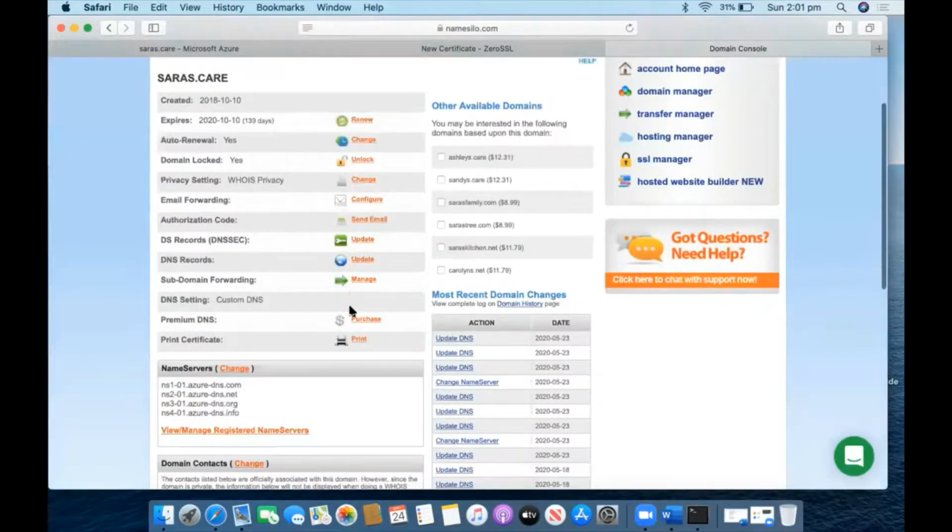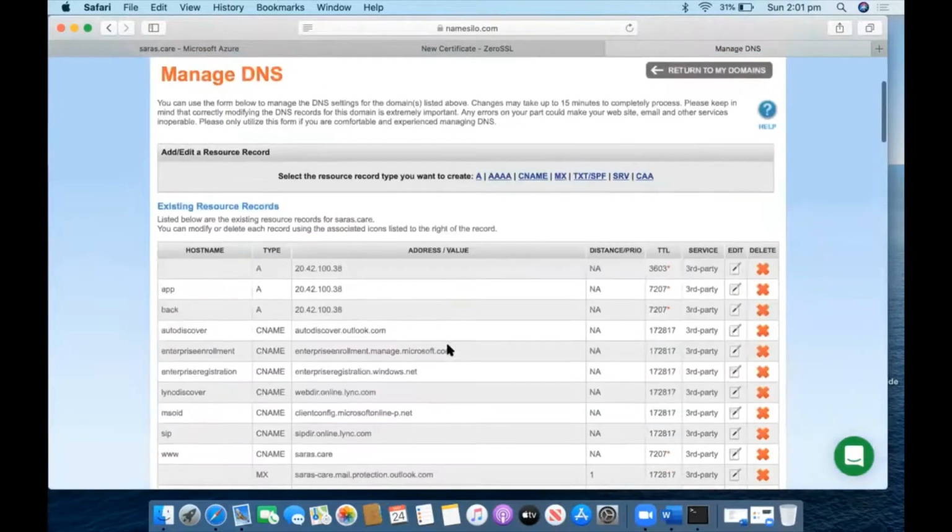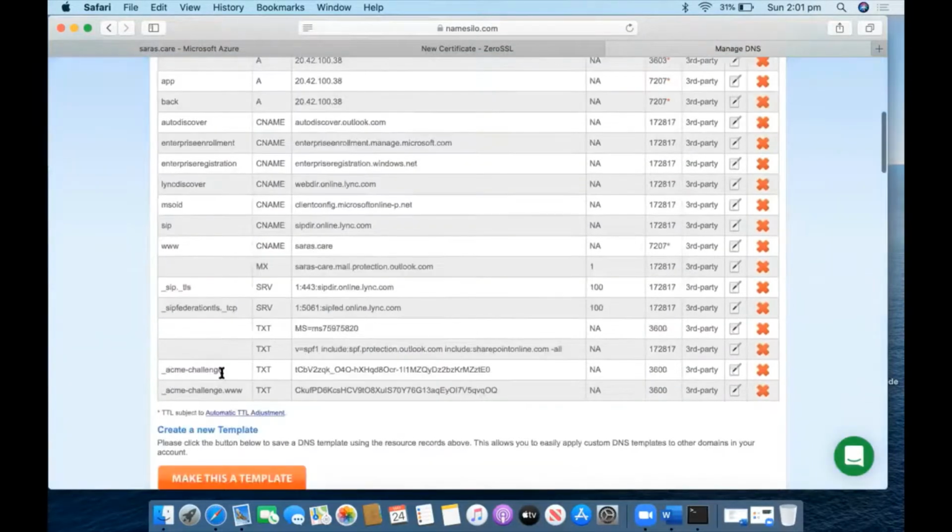Whenever you are applying for a certificate, they will ask you to verify your DNS domain name. So they will provide records like you see here. I have created them here also. You can see these two records here. The certificate authority will provide you with the two records and the value. It will guide you that you have to create this record as a TXT record, and this is the value for that one.